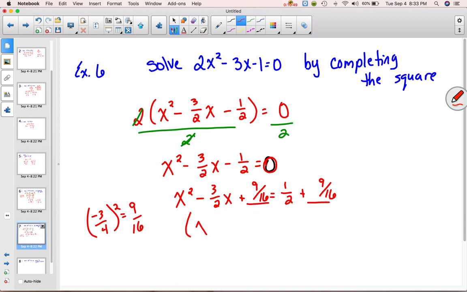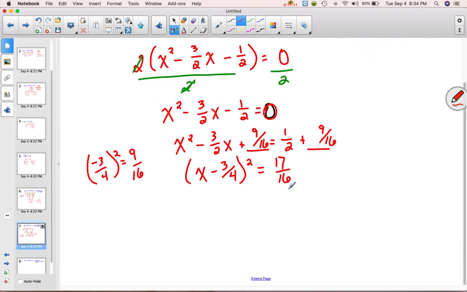So now I get x minus 3/4, quantity squared. What goes in the parentheses here is whatever you got when you divided this by 2. Equals, so here we have 8 plus 9 is 17, so we're going to have 17/16 when I find that common denominator. So now from here, I'm going to square root both sides, so I'll get x minus 3/4 equals